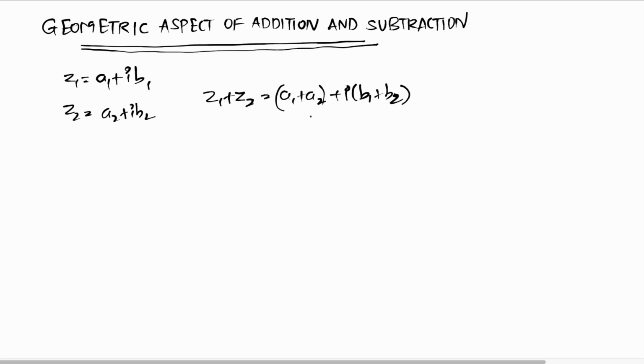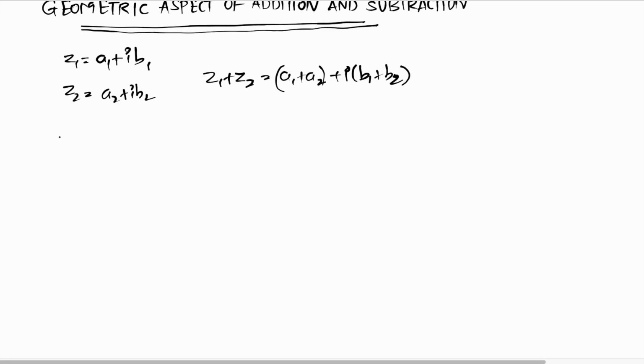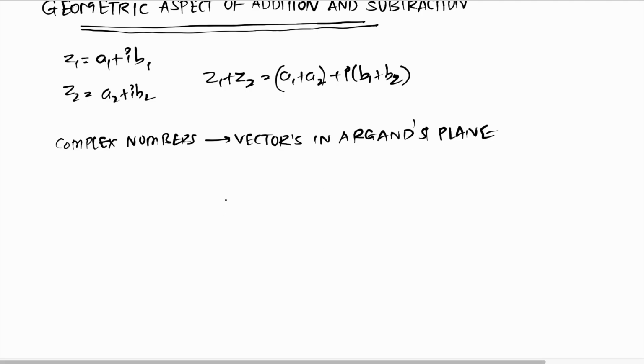Now the thing is, how do I visualize the complex number which is the addition of two complex numbers? For that, one thing you have to understand is that complex numbers behave like vectors in the Argand's plane. So if I have to add two complex numbers, I'll follow the law of vector addition here. If this is the z1 complex number and this is the z2 complex number,